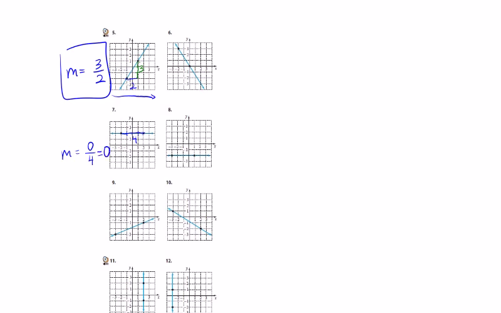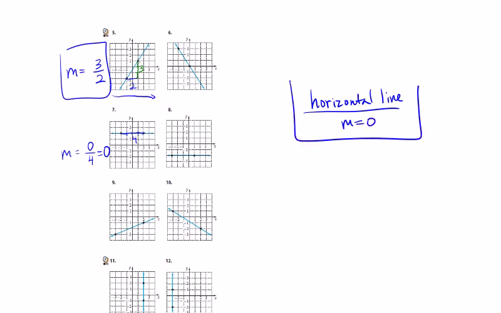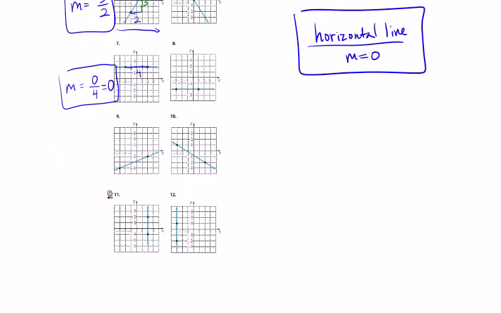So that's a horizontal line, okay? So for a horizontal line, the slope equals 0, okay? All right, so if you see a horizontal line, you don't even have to calculate rise over run. You can just know, oh yeah, slope is 0, okay? And I'll let you determine which even has that going on. All right, I'm gonna skip over 9, and then when I look at 11, that's kind of a special case